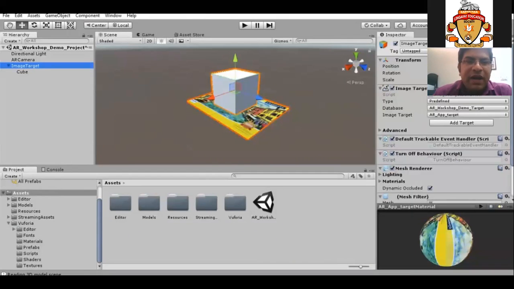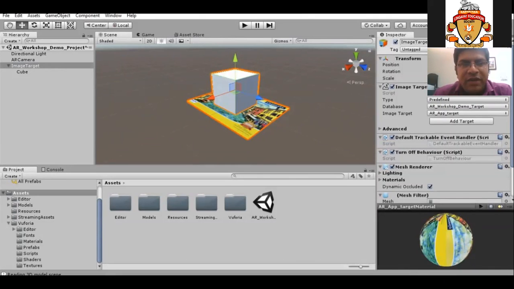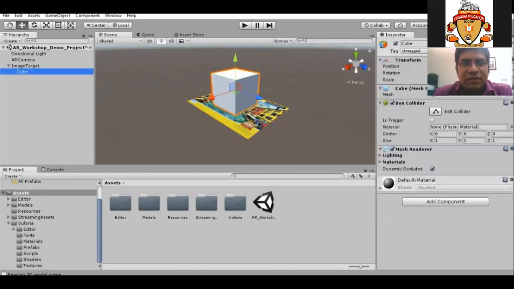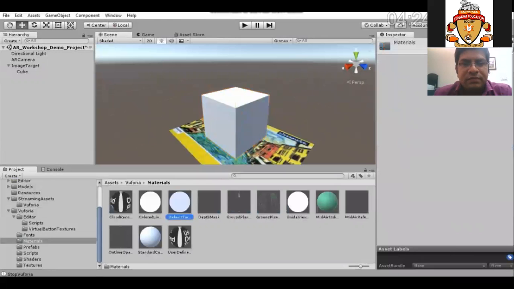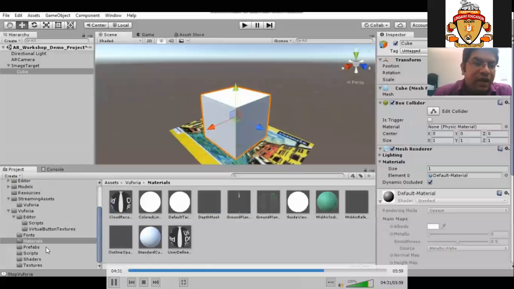So once that part is done, we can make some customization for the game object to make it look a little bit different. We can use different shaders and customize it. We can select different material shaders for that purpose. That comes under materials.